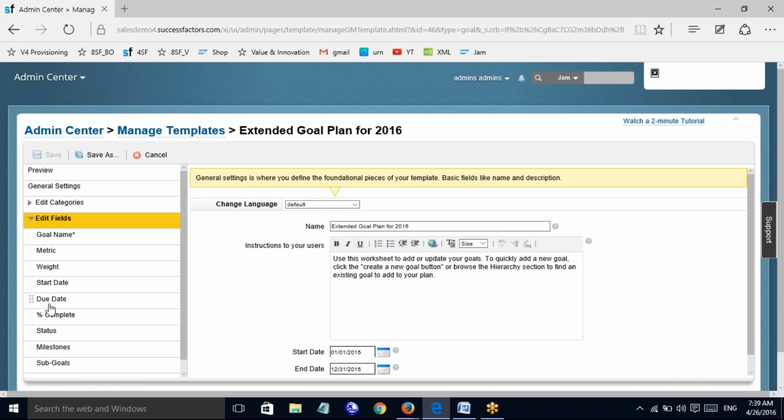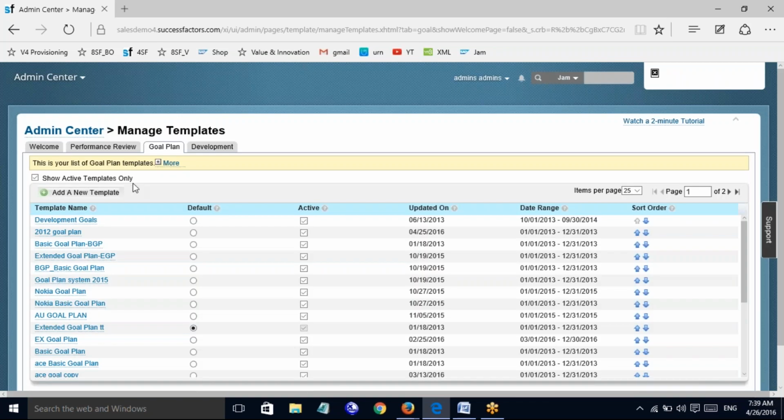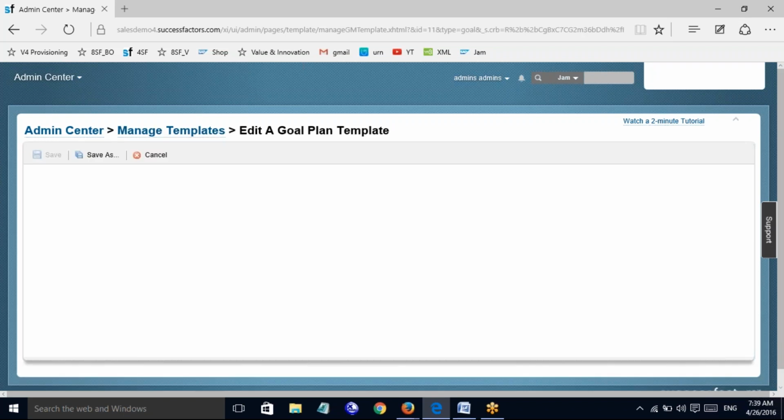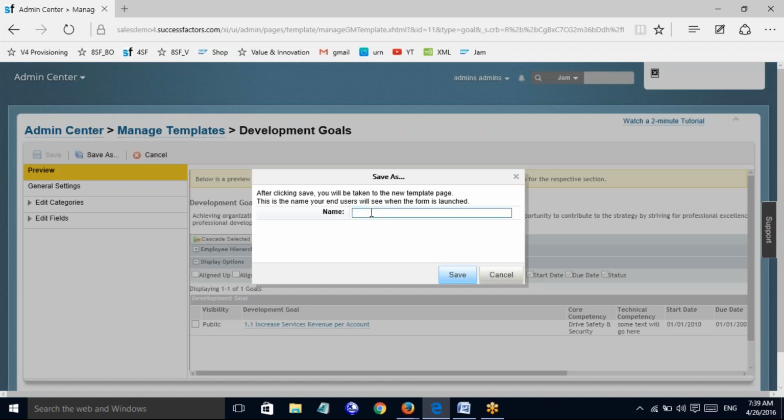Then you can understand that very easily, since you already know some of the configurations from your employee center. Now, if you want to copy an existing goal template, instead of adding the template from your success store, and you can see a lot of other goal templates here, rather than copying from the success store, you can also copy an existing goal template by clicking on any of the links, simply clicking on save as, adding a name that does not exist in the system, and copying it.